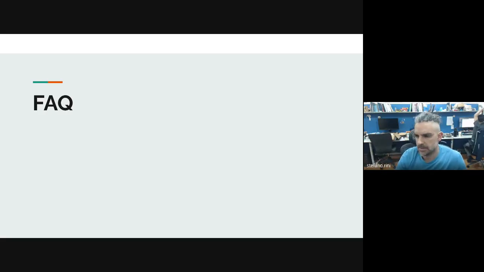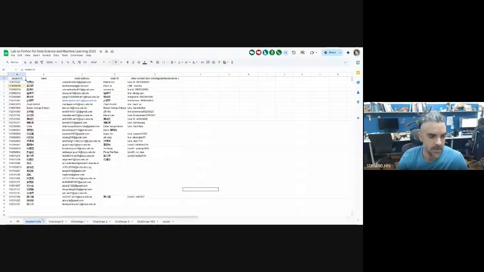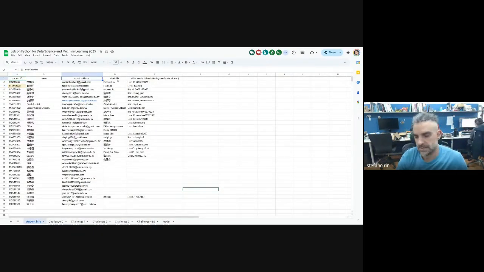So now Fal posted the example of the groups, the group formation. Let me just share this tab for you guys. So you see that here there is the student ID, and then people decide what to put in. Whether they want to put the email address, the Slack, or the other contact, right? So most people use Line. So you see that people decide which name to put.